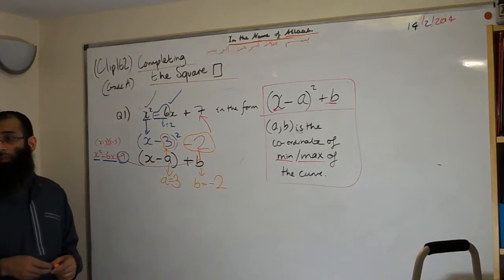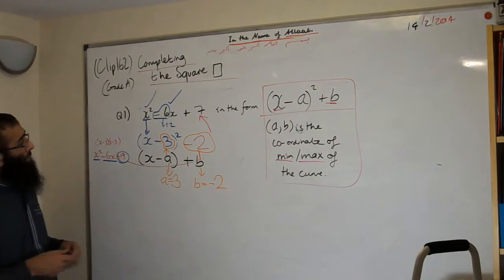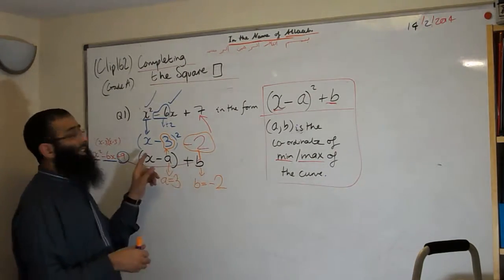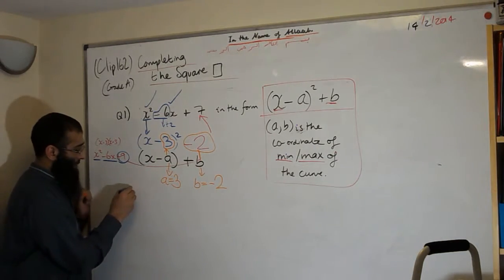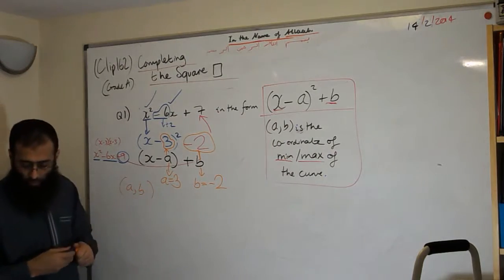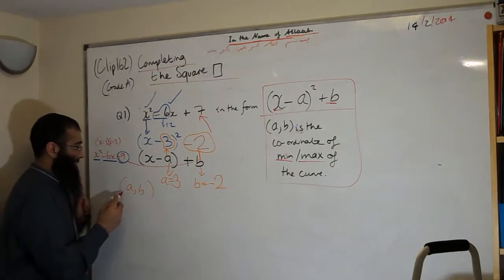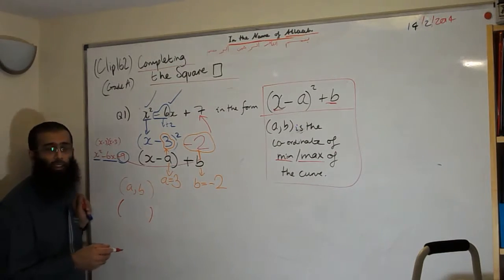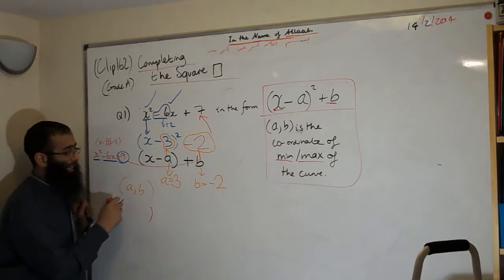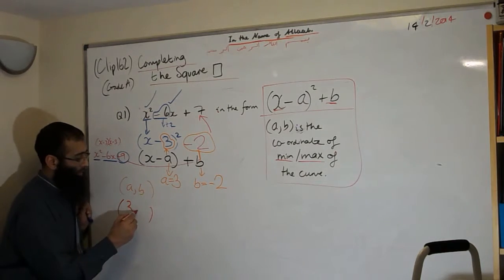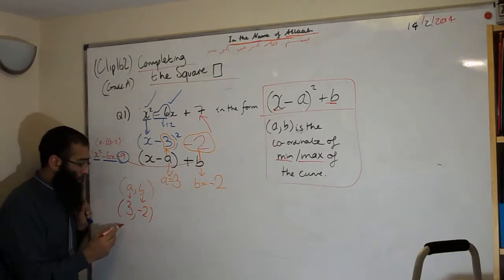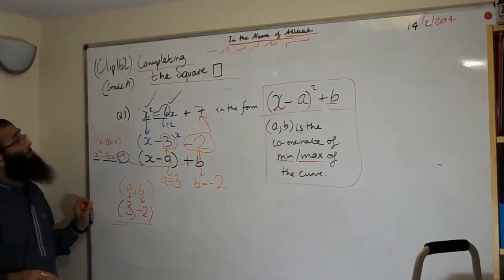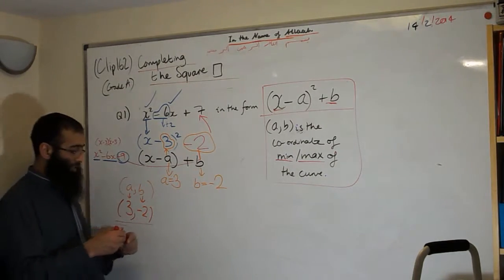Now, we know that once we get in that format, what's the significance of A and B? So let's write it down. We have A, B, C. A is 3. What's B? Minus 2. So these are the numbers that we got from the A and B part here. This is called the minimum. So if I was to sketch that graph,